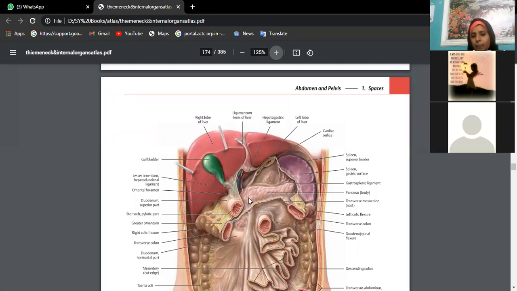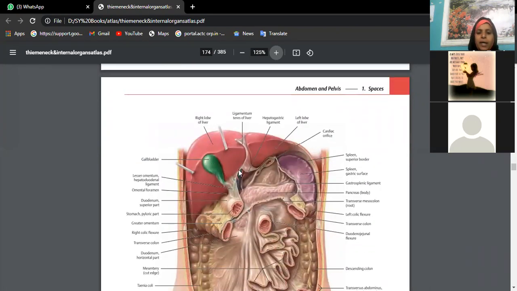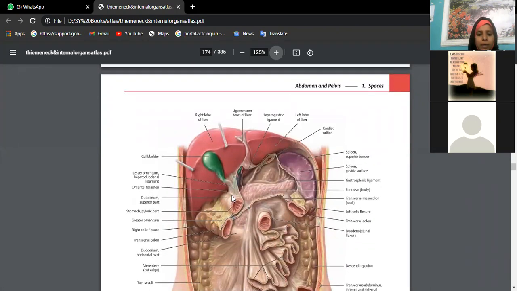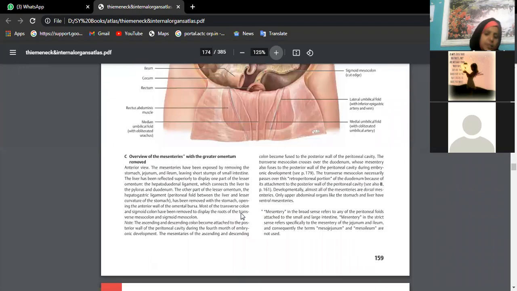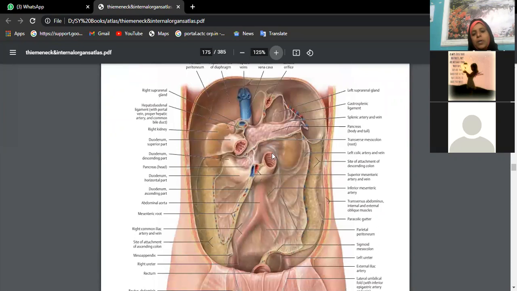We are finding the pancreas. At the tail of the pancreas, we are finding the spleen. Then what else do we have? See, this is the liver, right lobe, left lobe, and this is the gallbladder. We didn't discuss the liver yet. And this is the C-fold of the duodenum, which I gave a very clear explanation. How many parts does it have, Ritika? Four. First part, second, third, and fourth part.